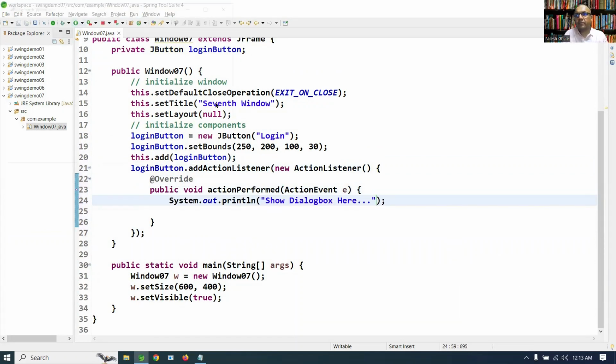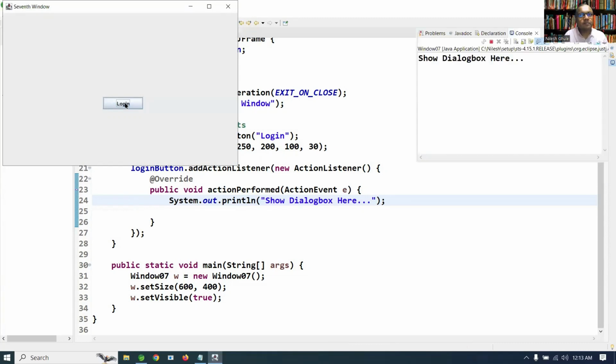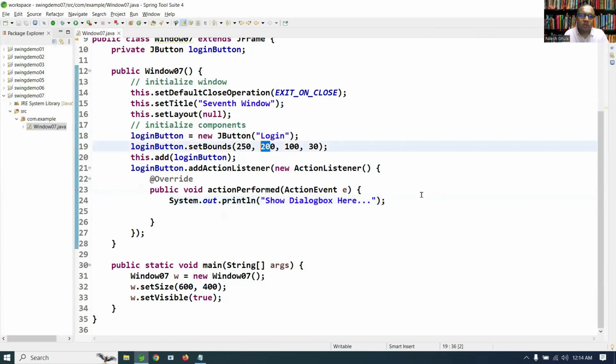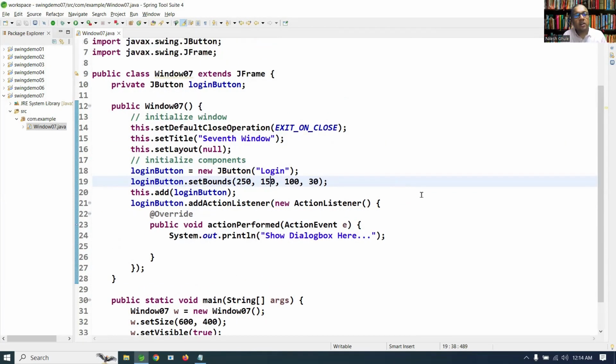Let's check if we are able to handle the event. That is good. Now it's time to look at how I really create a new dialog